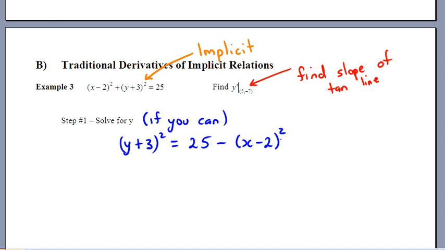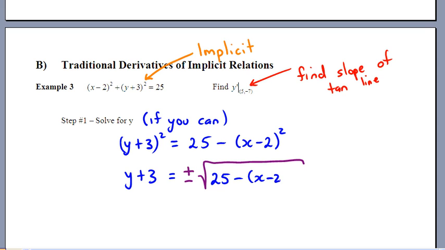Now I'm going to go and take a square root. But I know the deal, when you go and take square roots, there's an issue with there being a plus or a minus. So right now I have this problem because I don't really know, should it be the plus or should it be the minus version when I actually go and do this root of all this algebra. By the way, all the algebra needs to be under one root. There's no option to say, oh, let's split it up into two roots, because then we can root the 25 and root the (x minus 2) squared. Yeah, that doesn't work, right? That stays like that. But we have this huge issue right now of asking ourselves a big decision,